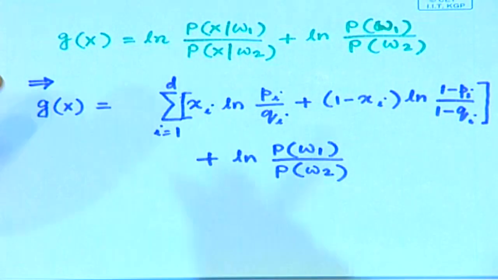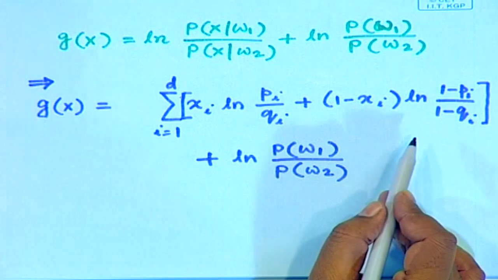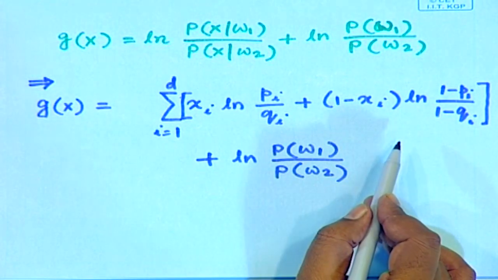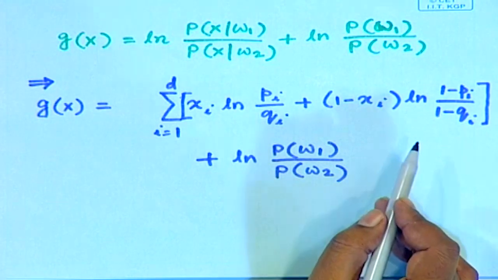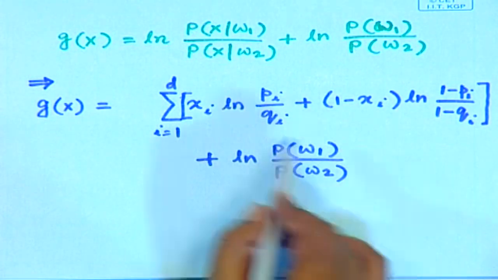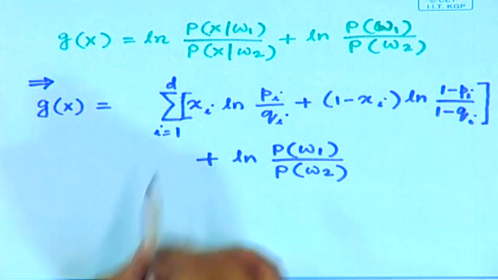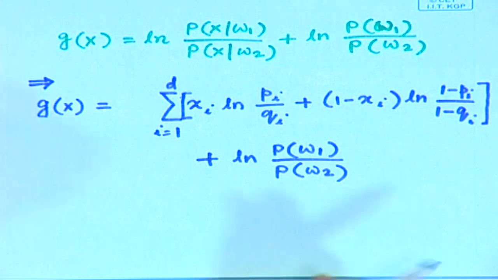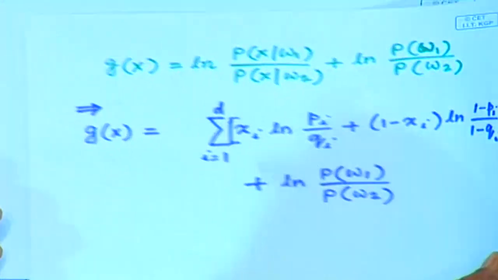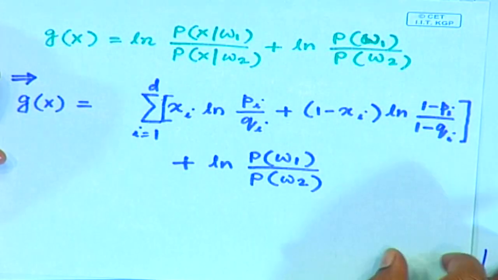Okay. Now, if you notice, this equation is a linear equation, isn't it? Because this simply says the linear combinations of different components xi of the feature vector x. I do not have any xi squared term or xi cube term. So, the equation is a linear equation, and if I just rearrange this particular linear equation, I can write it in the form